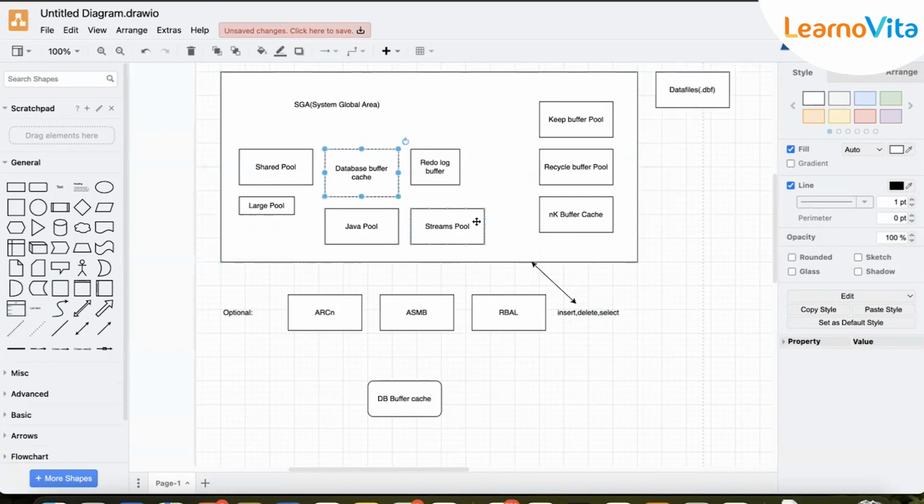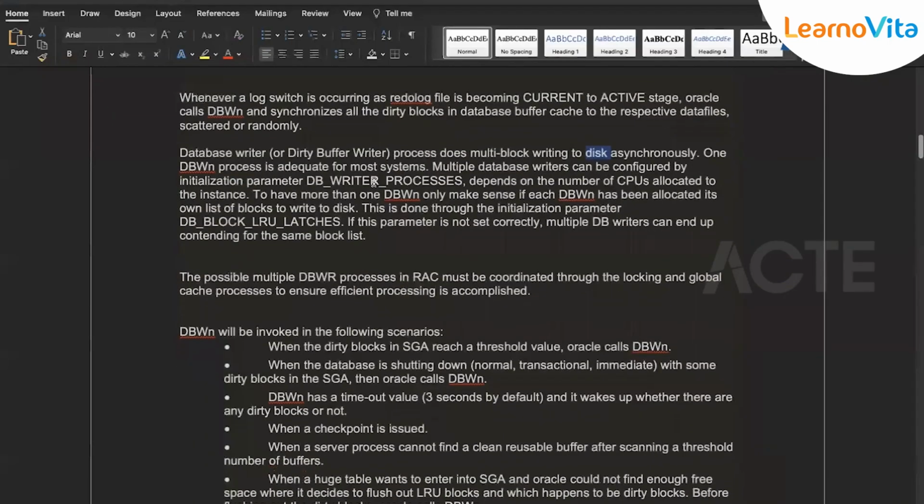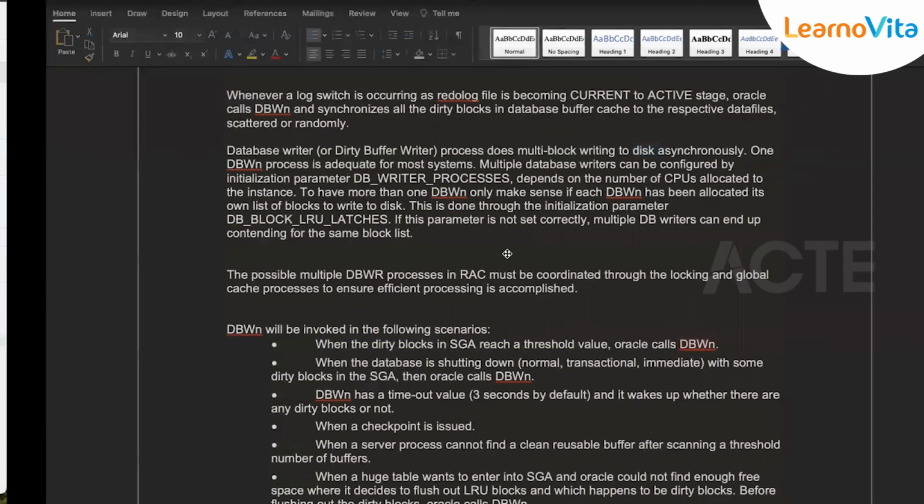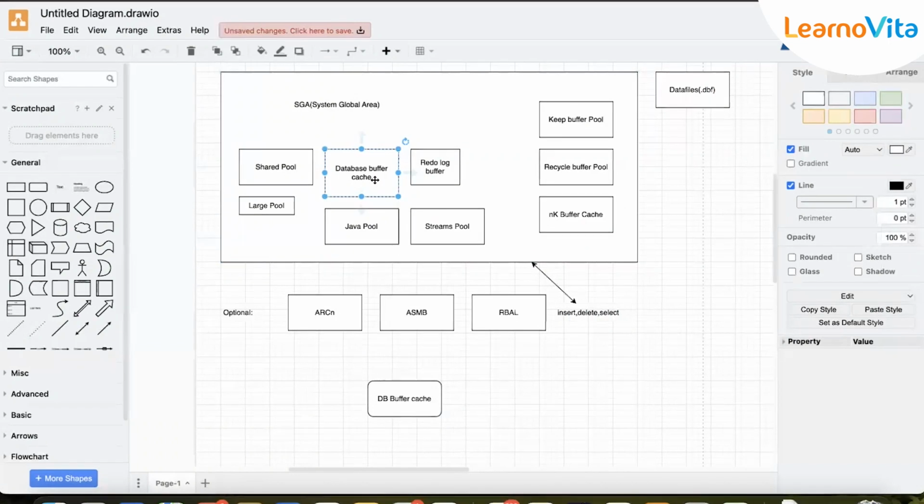Now, when is the data file buffer invoked? It is invoked when dirty blocks in the SGA reach a threshold value. Threshold means it has some limitation. For example, it has 1 GB of memory and is holding a huge number of records like insert, delete, select star. There are many things happening on the database side. So after it gets full by 1 GB, automatically